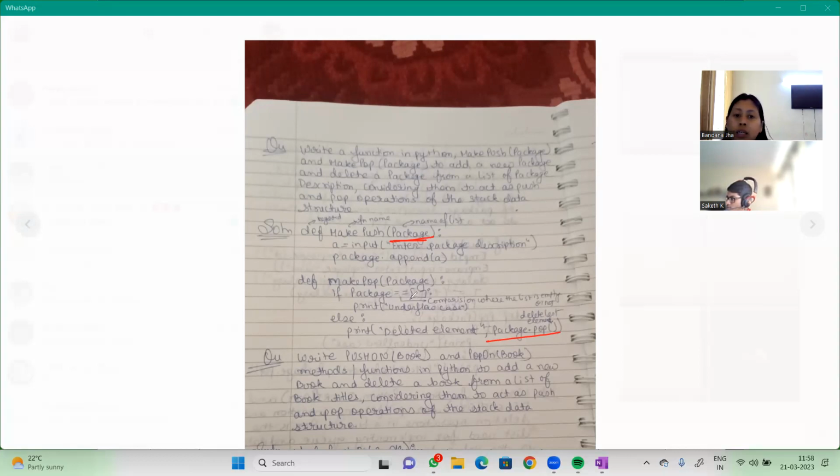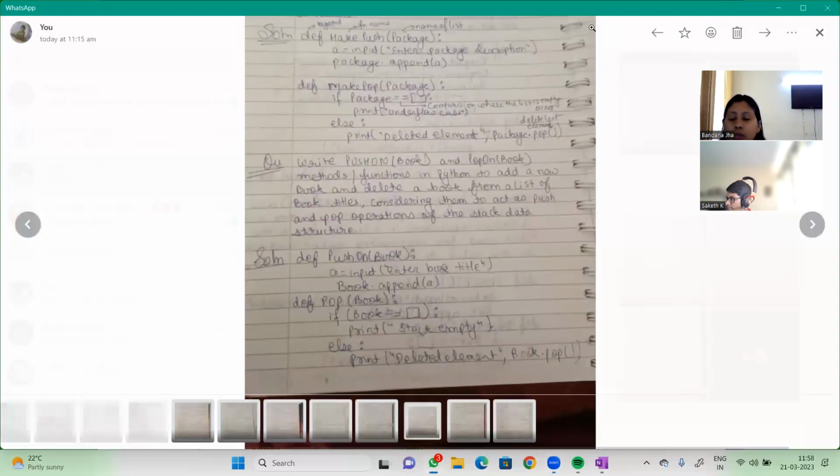Similarly here, if the list is empty, it will be the underflow case. If the list is not empty, we have to delete it. See the next question also. Book is equals to book dot pop. If you go to the next question also,